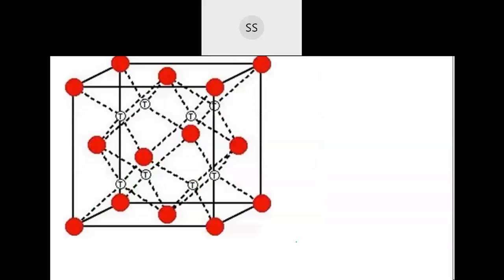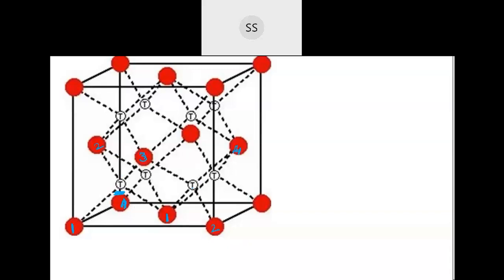Now come to tetrahedral. Tetrahedral voids are formed by joining 4 atoms together. So you can see here 1, 2, 3, and then this is the fourth one. So when these 4 atoms join together, you can see a tetrahedral void is being formed. So this is on the front side. Like that you will have another neighbor also. See this 1, 2, this you take as 3, and then this is the fourth one. These will join together, and again you will get one tetrahedral.